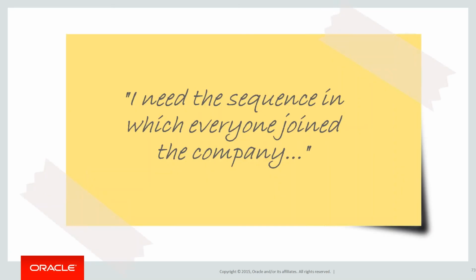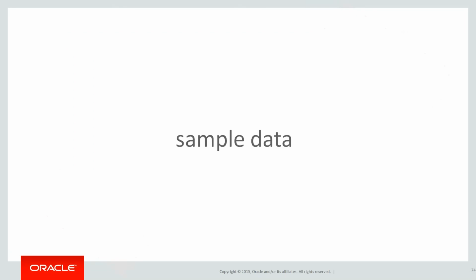So let me flip forward. Let me give you an example of that. Here is a modern set of application requirements: I need the sequence in which everyone joined the company. Now, the reason I call it a modern set of application requirements is that in the great world of Agile, that's what happens nowadays. We scribble something down on a yellow sticker, we call it iteration number 2, and voila, the rest is pretty much just, okay, good luck, enjoy.